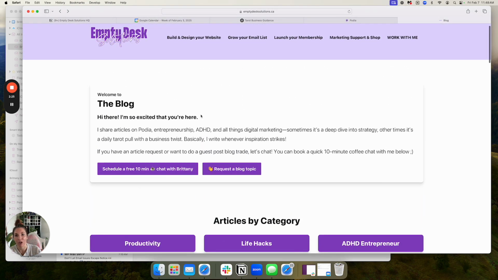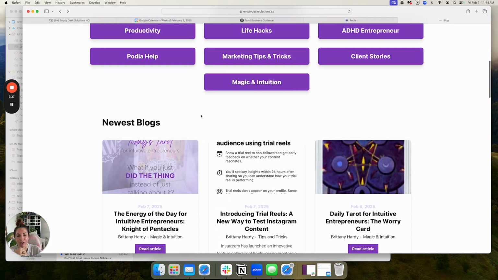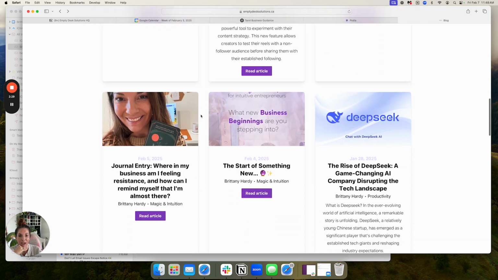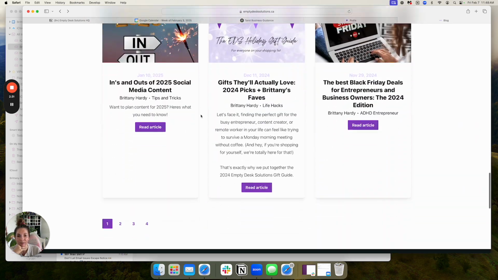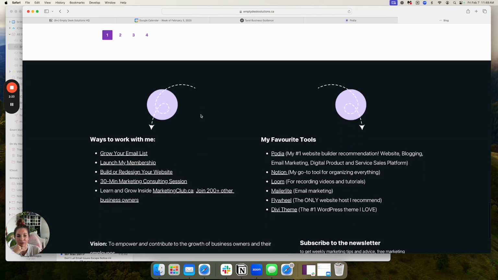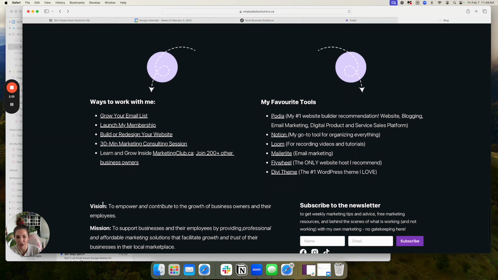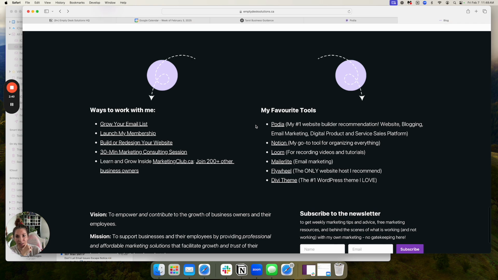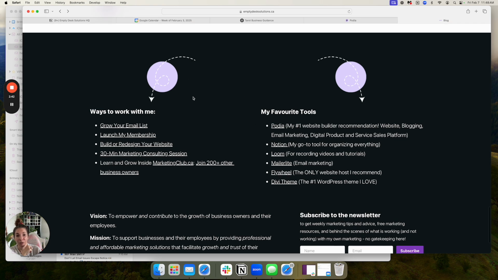So again, I have at this top this little welcome section, articles by category, and then it's showing you my recent articles here. And then I also have right above where it has vision, this is my footer, but right above my footer, I have this bar that I put on all of my subpages now as well, which is a really great way if you have a whole bunch of links that you need to feature